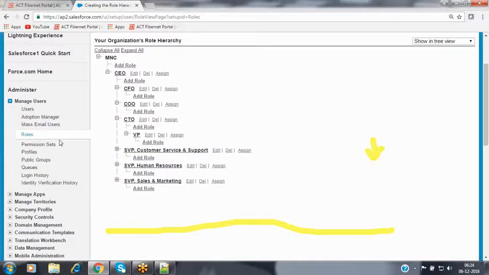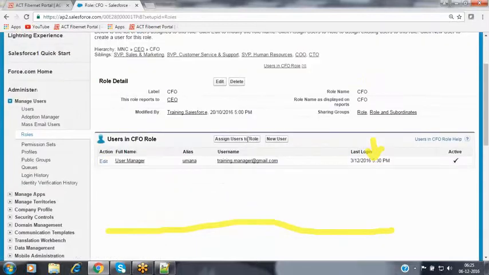In future, if you want to see how many users are there inside a specific role, you can come to the roles and click on any of the role names we have, like CFO. Inside, it will indicate the various users who are working in this role, the users to whom we have assigned this same role. We can cross-check that information. There is no need to open every record to see the role of each user. Just click on the role, and the role information will be displayed, and along with that, the users who have been assigned to this role we can see inside this page itself.